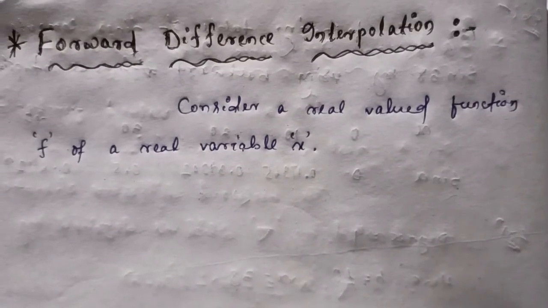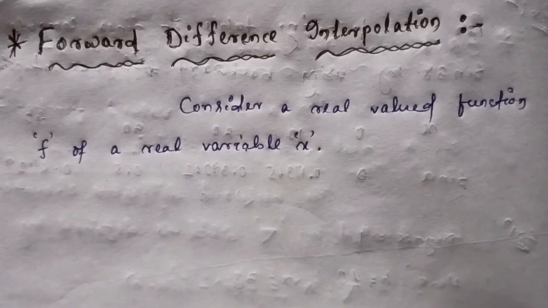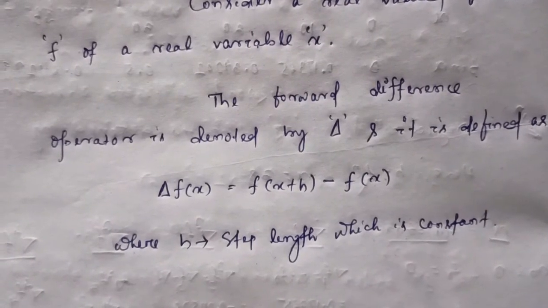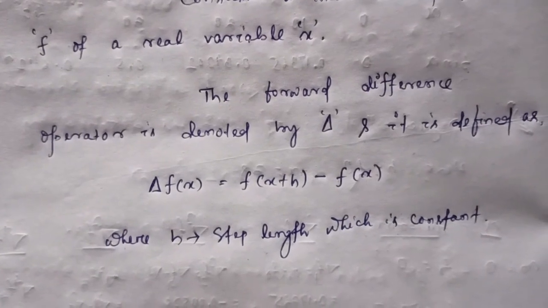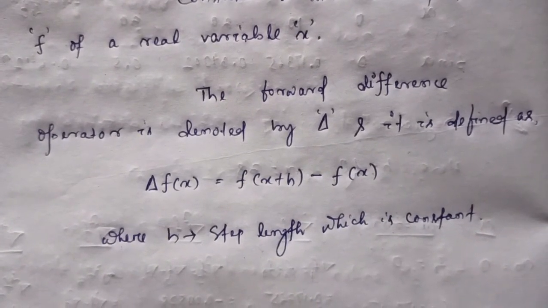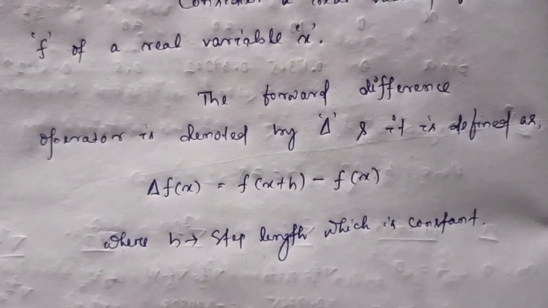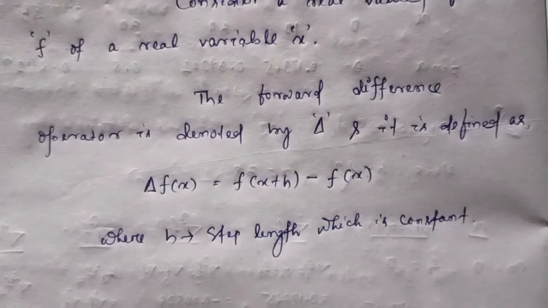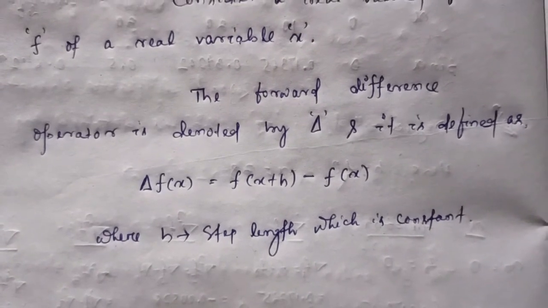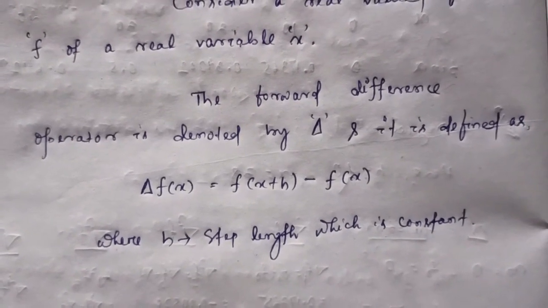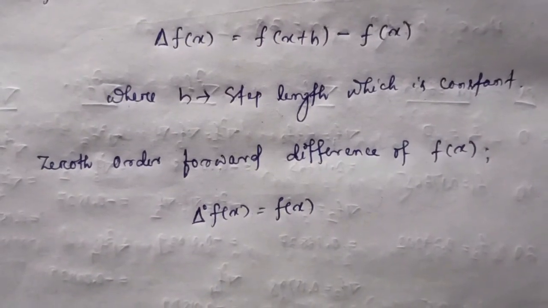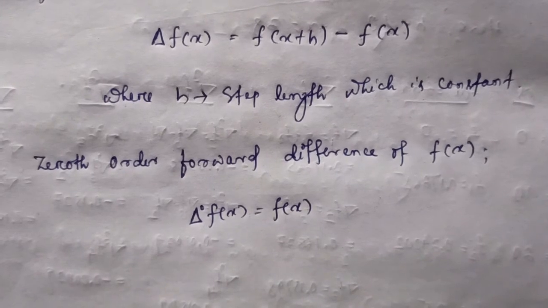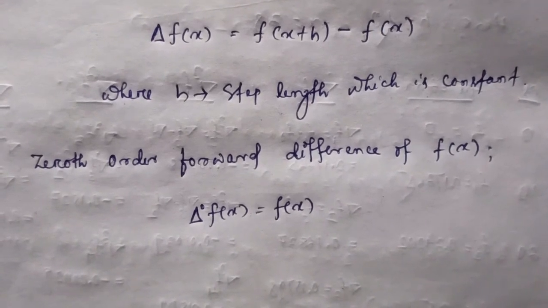Consider a real valued function f of a real variable x. The forward difference operator is denoted by delta and it is defined as delta f of x, that is equals to f of x plus h minus f of x, where h is step length which is constant. Then zeroth order forward difference of f of x, that is delta 0 f of x is equals to